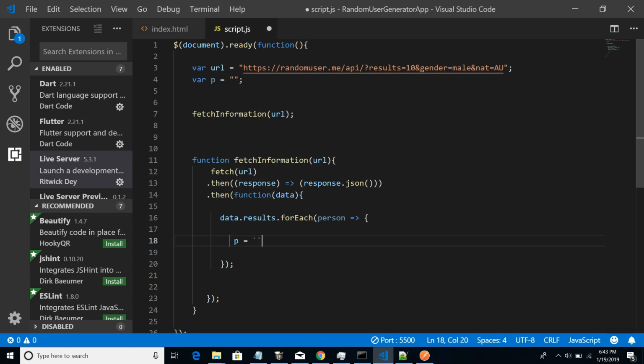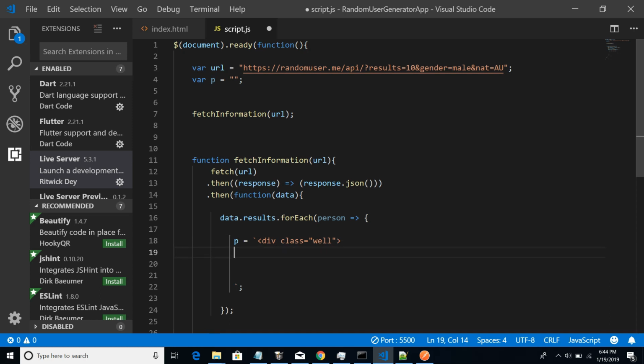It is not single quotes, it is a backtick, and it contains the special template string which is there in JavaScript. Put a semicolon here. The benefit of using this is that you can write multiple lines of HTML here. First of all I will be populating a div well section here, which has a class of well in Bootstrap,